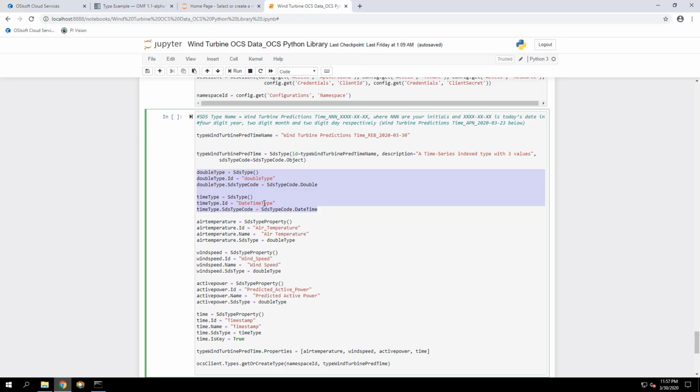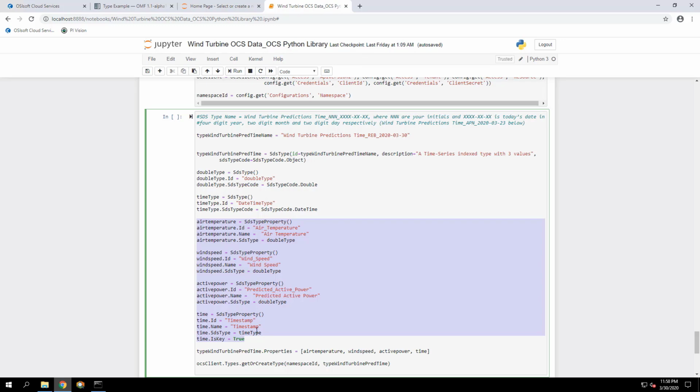Okay. And then after that, we create the properties. So we have 4 properties. Each property, you can specify an ID and name like we were doing in the UI, and then specify the atomic type it's using. So in this case, air temperature, wind speed, and active power will all use the double atomic type. And then time will use the time type.